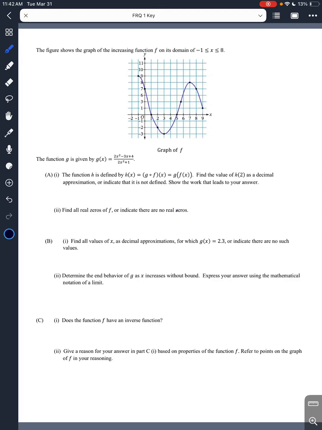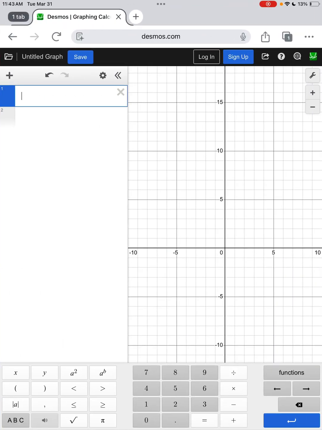Okay, this is free response question 1. For this free response question, you are always going to be given an equation that'll always be called g of x. And you're also going to be given either a graph or a table. Obviously, in this case, we have a graph. The very first thing I would recommend you do on this problem is go to Desmos and type in our equation. So I'm going to go over to Desmos and I'm going to type in